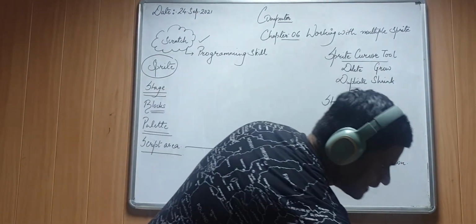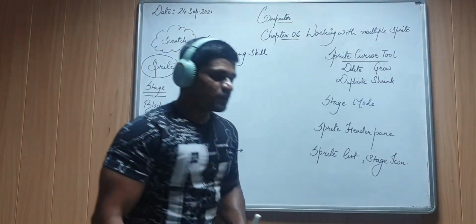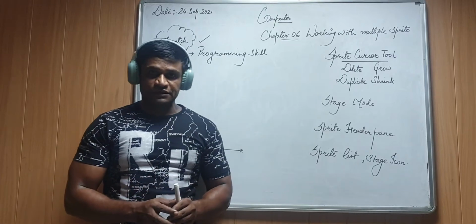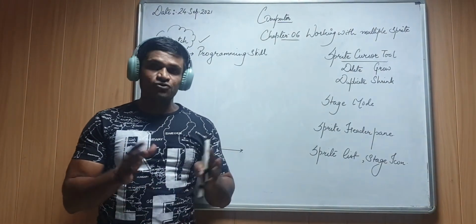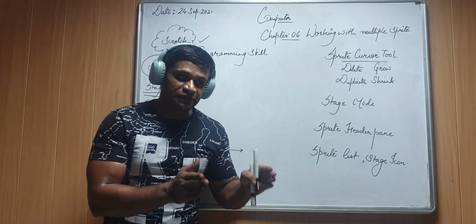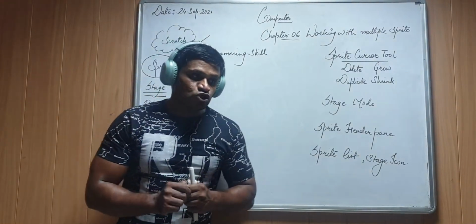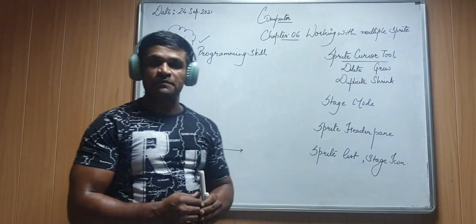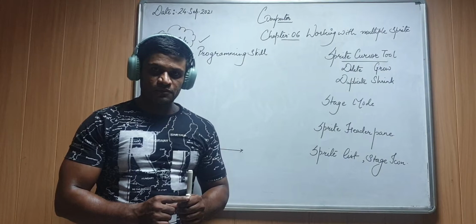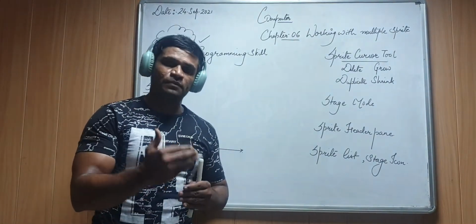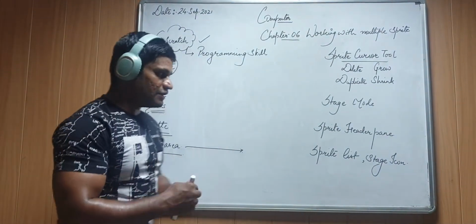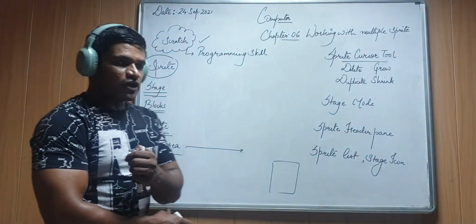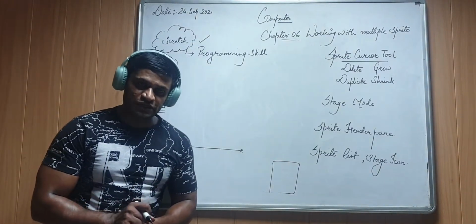After this, we have the next, that is your stage mode. Stage mode means the stage on which the sprite performs all the actions. You can change its size. You can view that stage in 3 different manners. The first is switch to small stage. The size of the stage will become smaller, like a small window. It happens on your mobiles also. Sometimes if you open another program, the first program gets minimized in a smaller form. Similarly, you can switch the stage to the smallest mode.